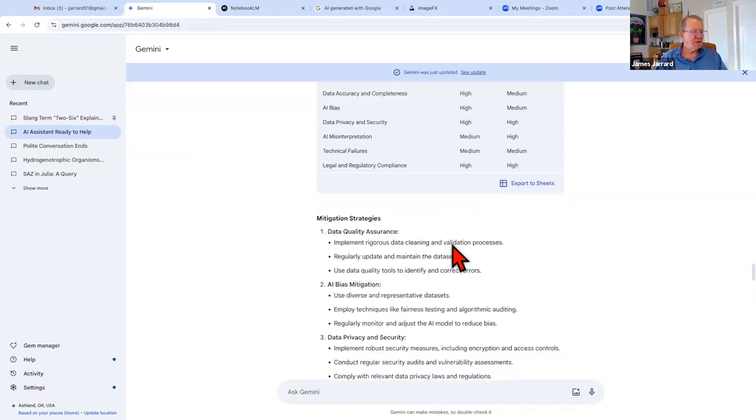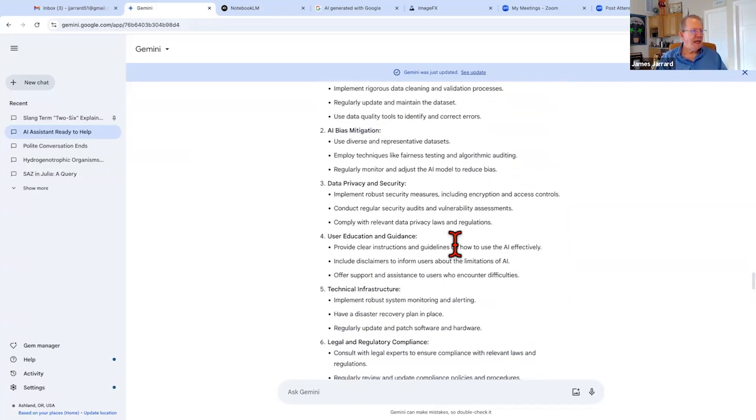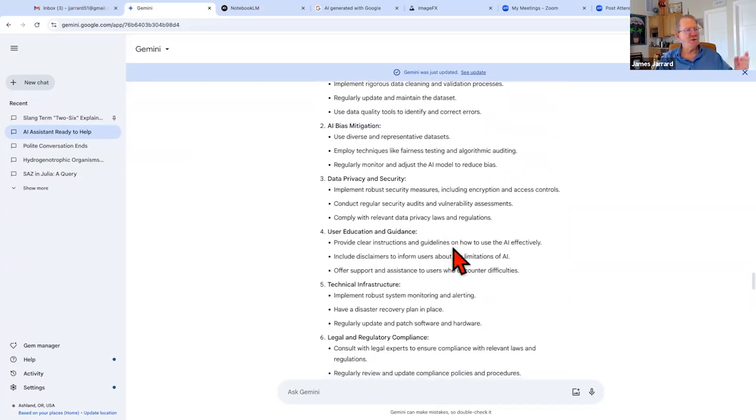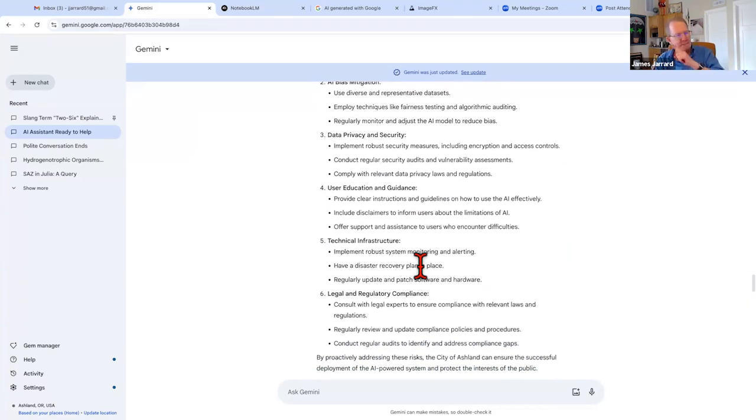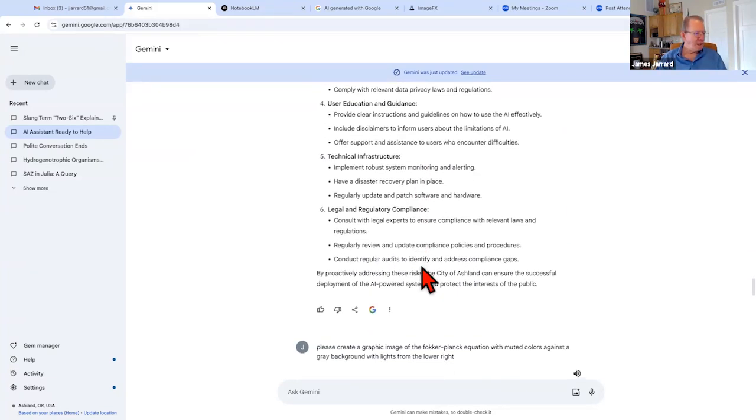Here's mitigation strategies: AI bias mitigation, use diverse and representative data sets. Oh boy. Conduct regular security audits, comply with relevant data laws. I will see something today. I hope we get there.